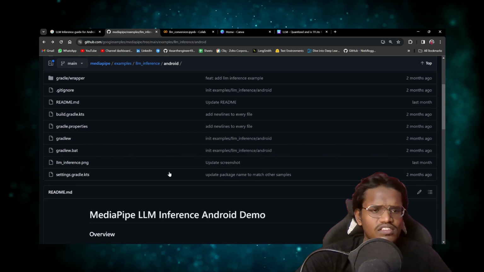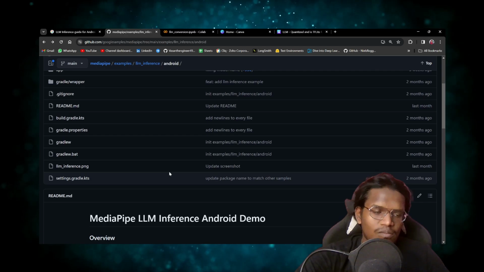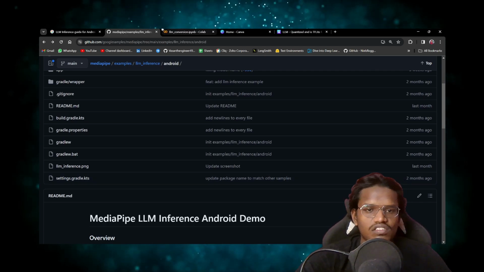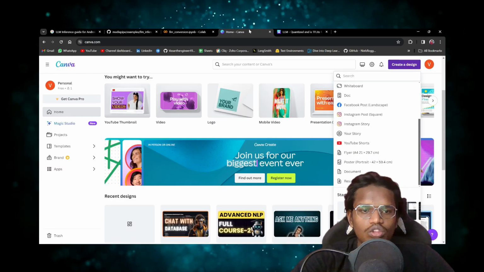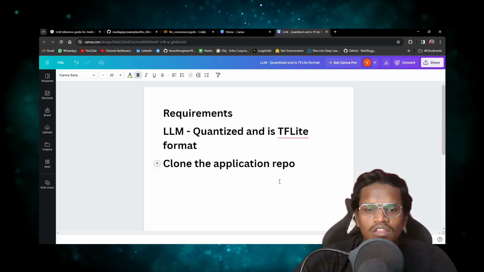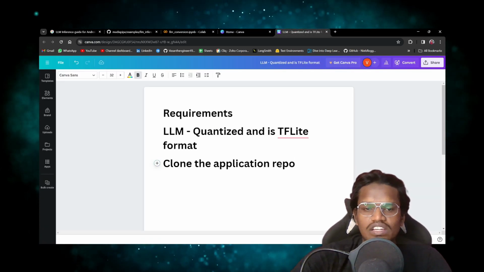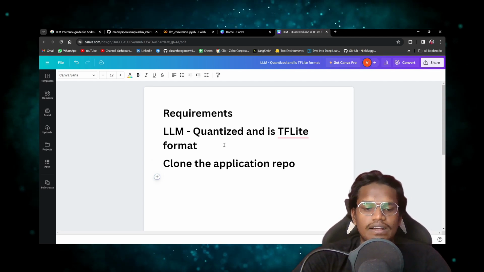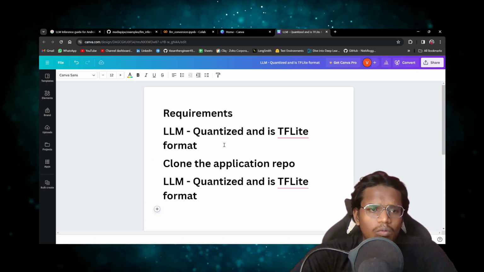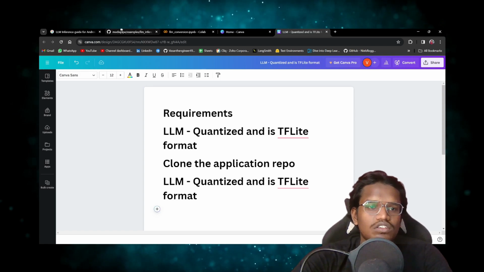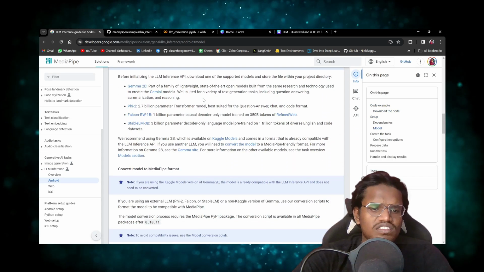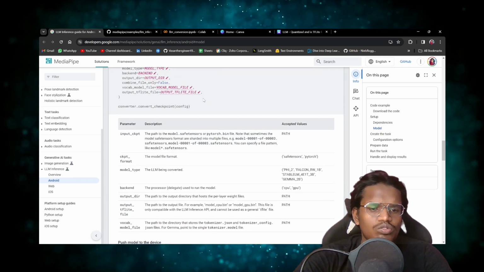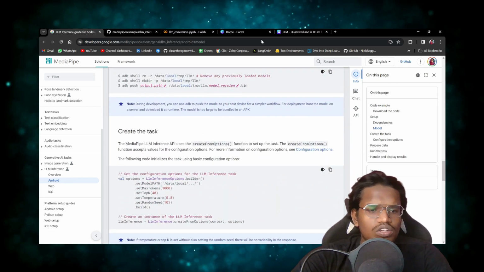And if you want to customize the UI, if you are a good Android developer, you can still make some changes in the code as well. But right now I'm not going to do that, because our aim is to run the LLM in our mobile application, not to build a good UI. Once these are done, what you would need to do is